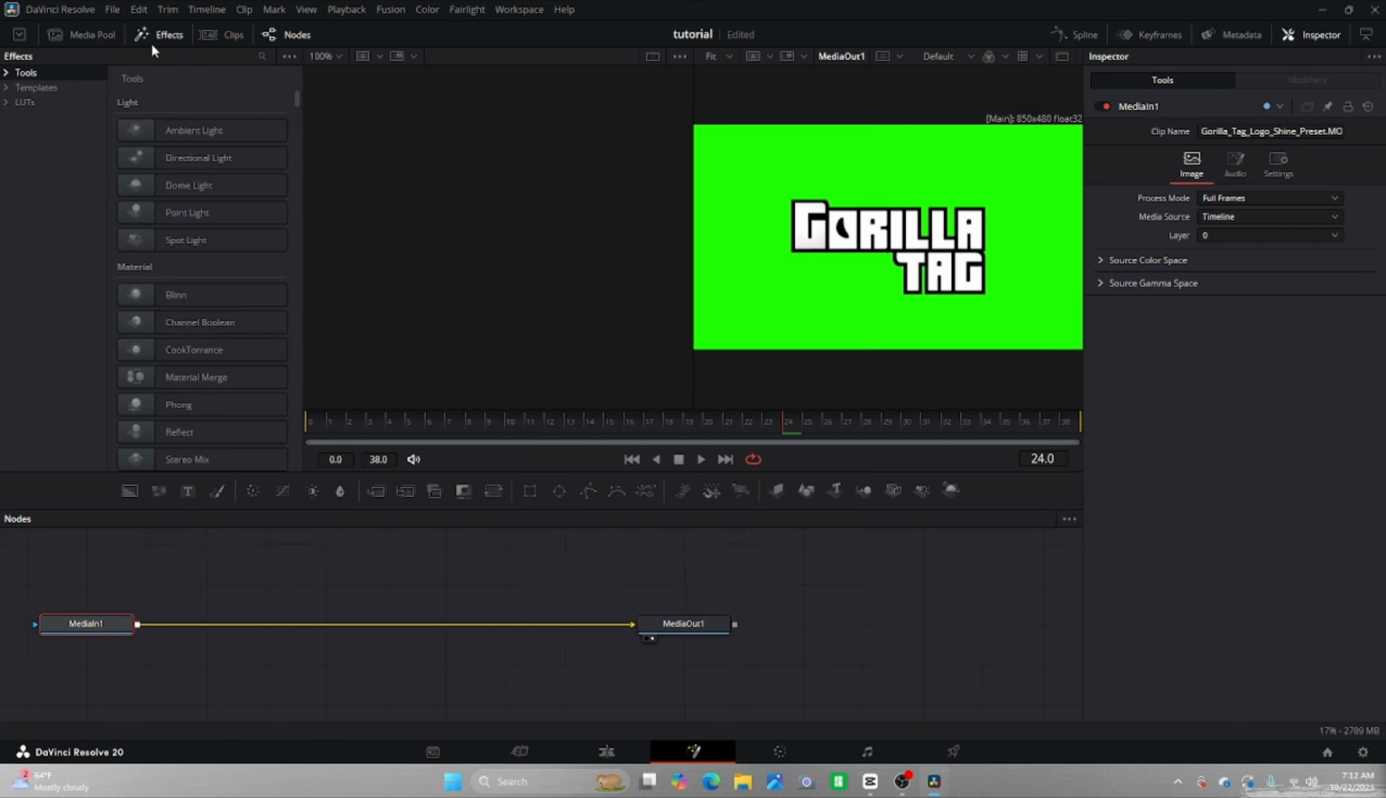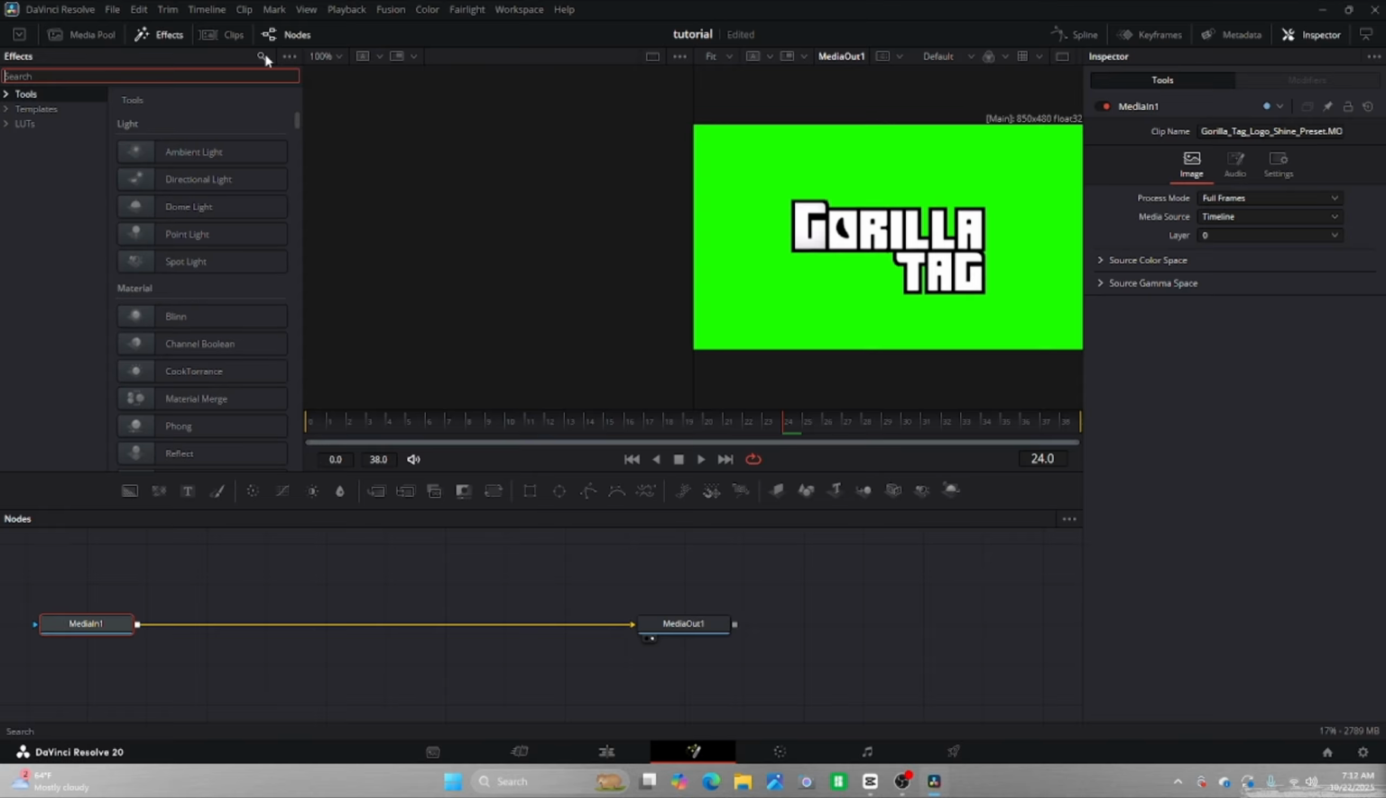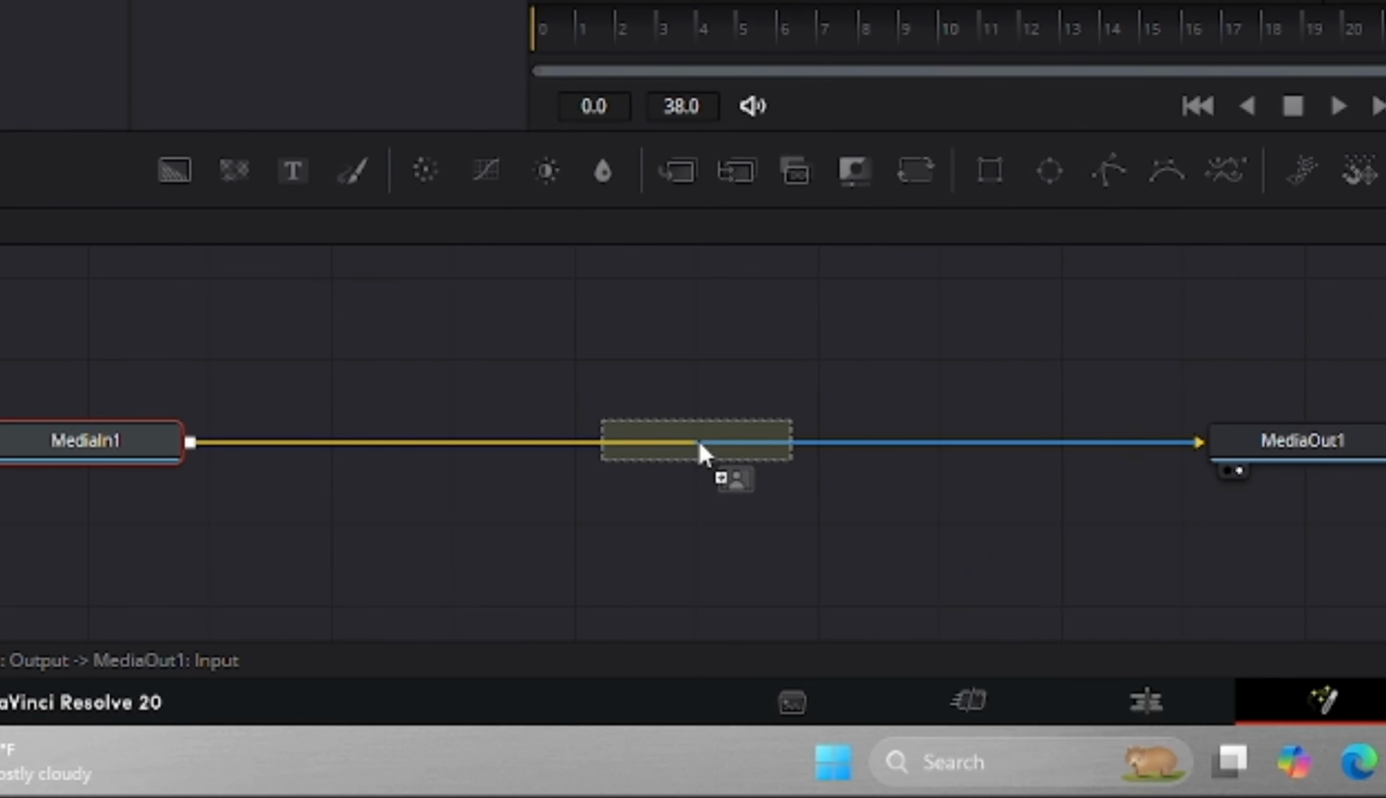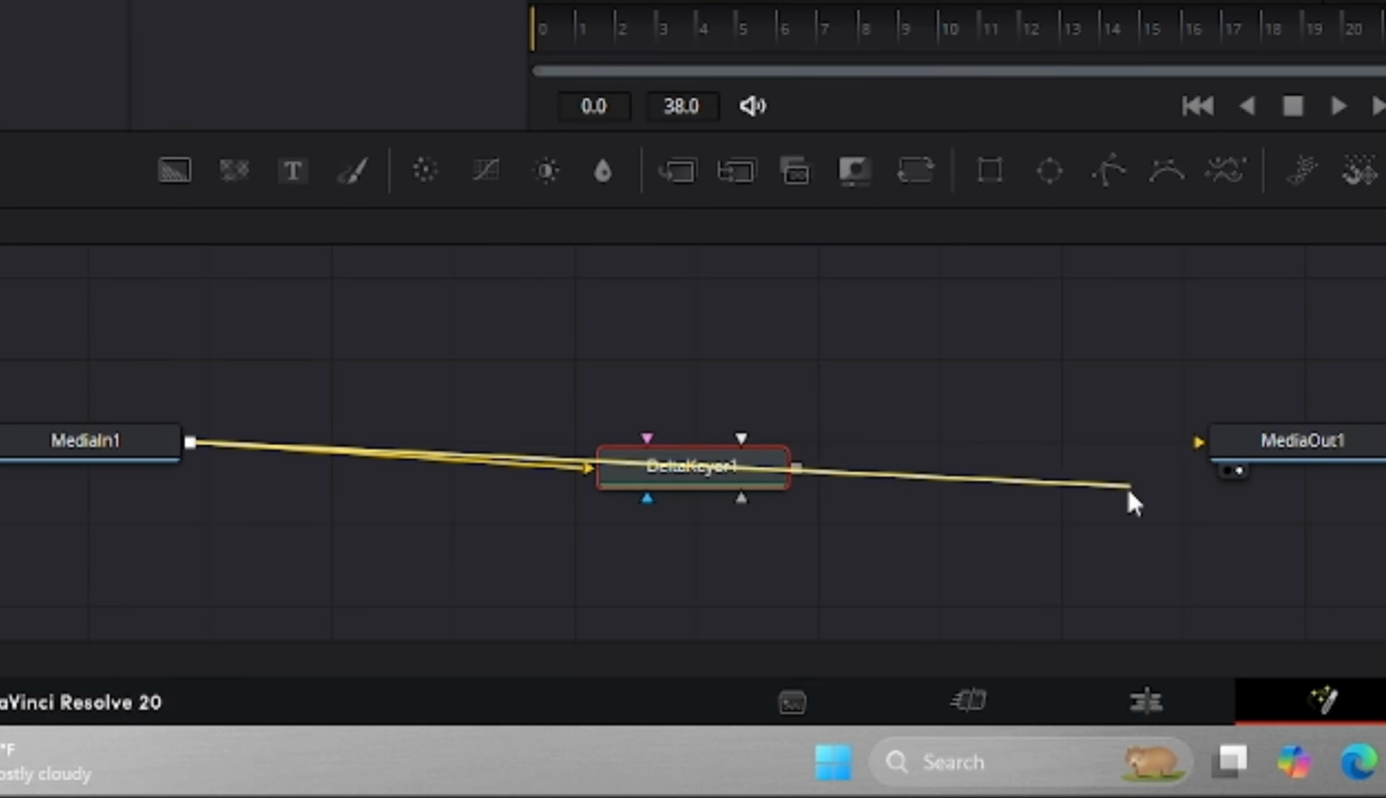Then you're going to click on the Effects tab and then search up Delta here. And you can drag this in. And then if it doesn't pop up blue like this on one of the sides, what you can do, drag this node into here and drag this node